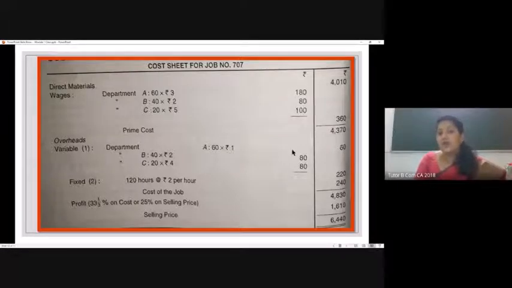4,370, the cost involved in variable overhead, the cost involved in fixed overhead. The total of what we get is 4,830. Yes, the main part is over. Right, now in order to find out the selling price, we need to add our profit percentage. Simply, suppose it is given in the question that our profit percentage is 10% of total cost, it's very simple for us. We just have to add 483 along with the cost.